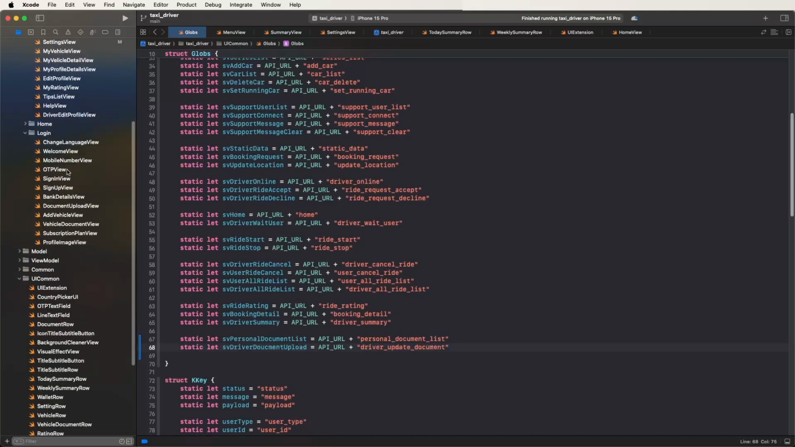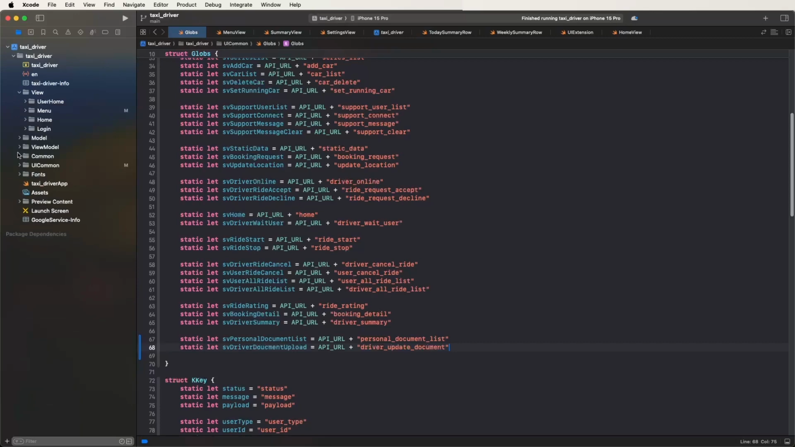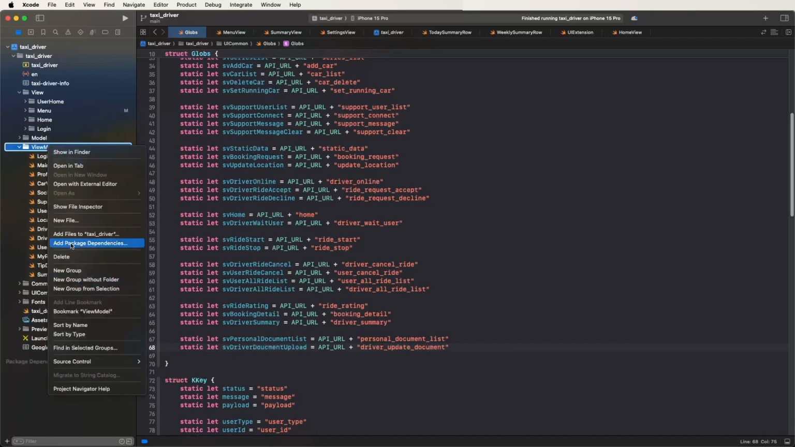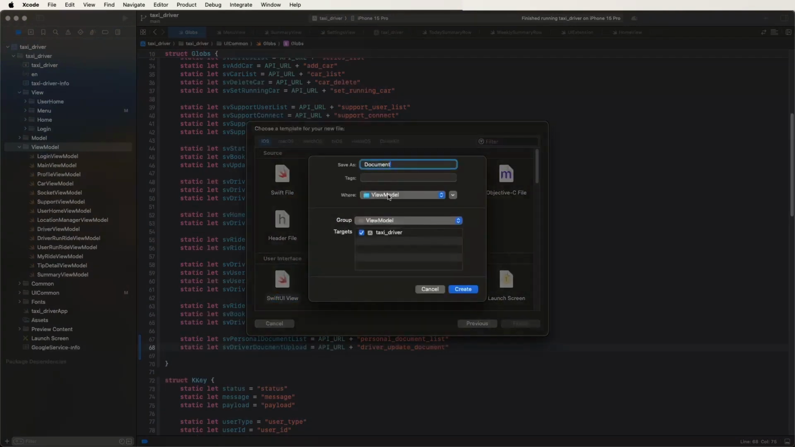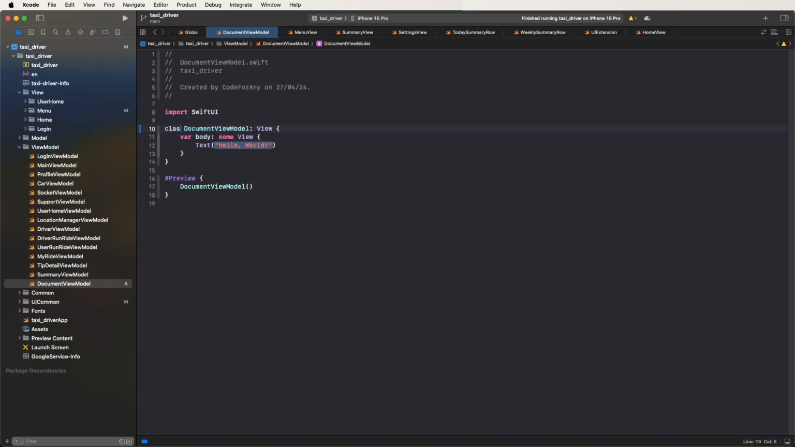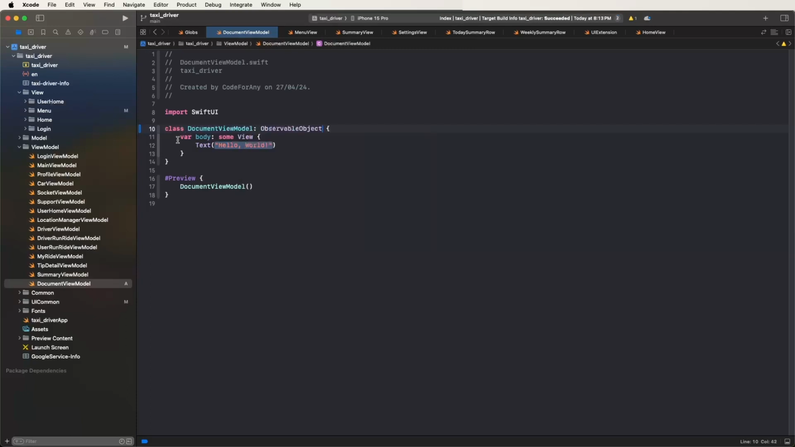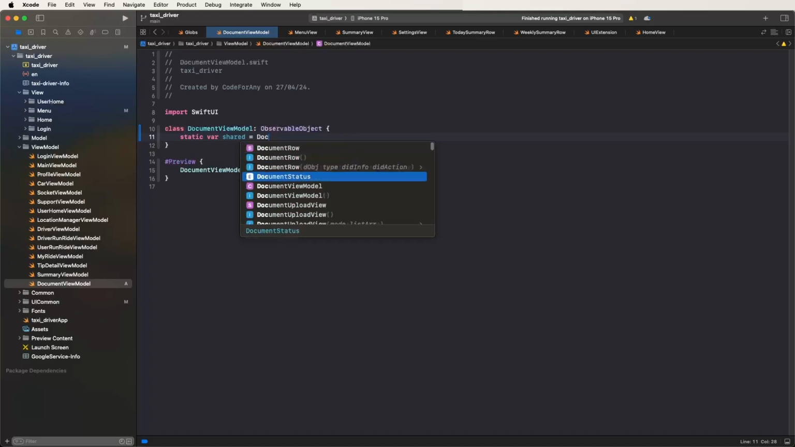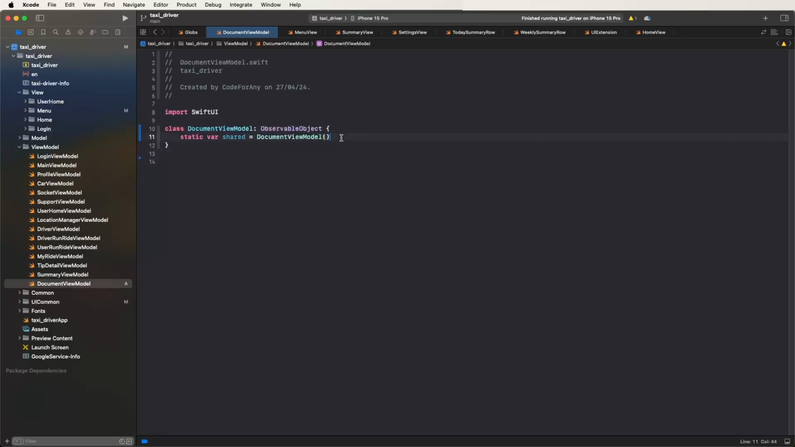Now first of all we need to develop the view models for the screen management of the data. Go inside the view models and create a new file, select the SwiftUI view, and give it the name document view model. Like this it creates. Now we need to convert it into a class, set the observable object, and set the singleton class. We need to set static let share is equal to document view model. Initialize it, remove the preview,